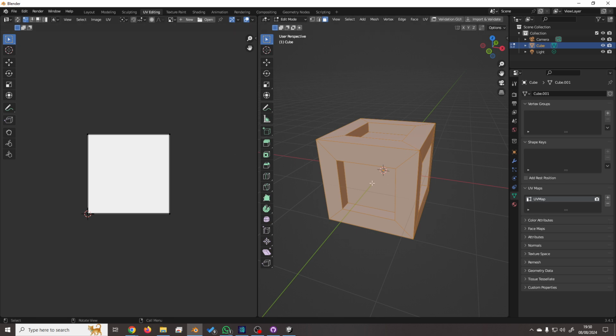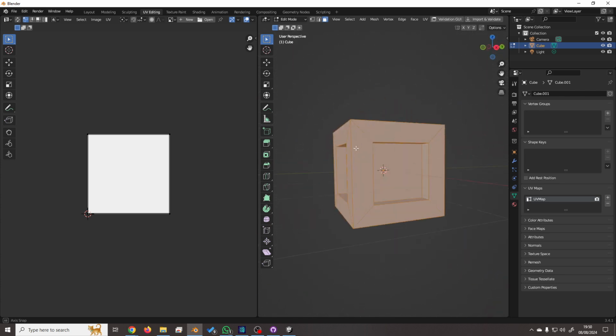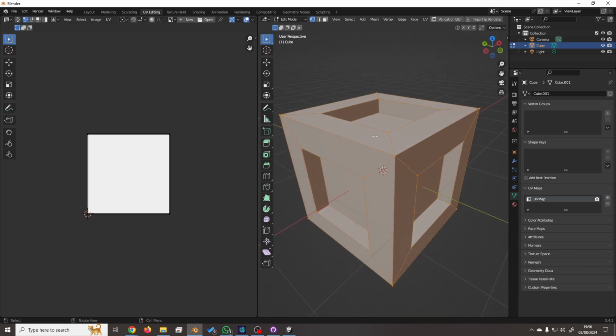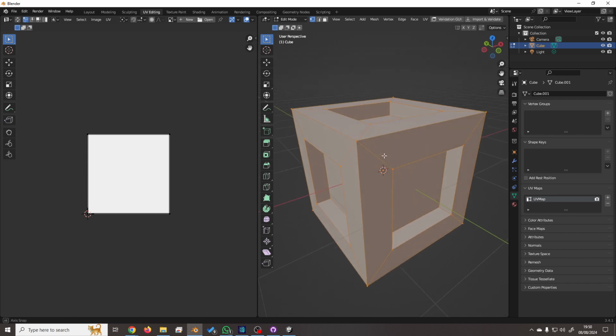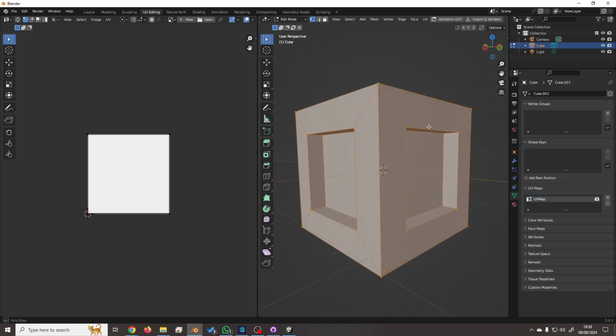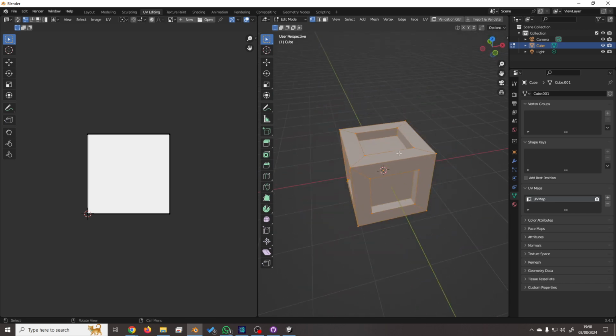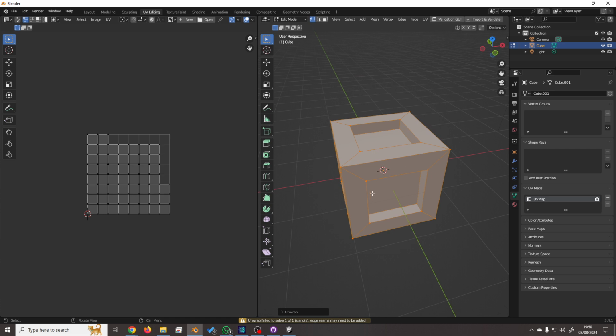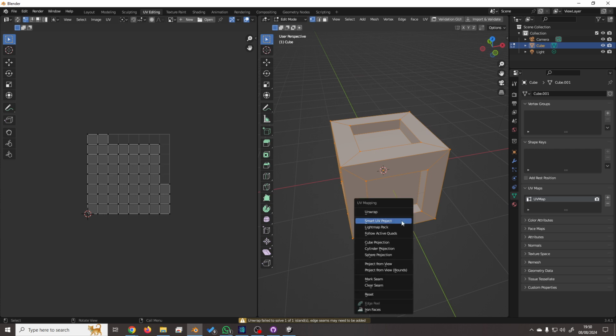So it'll store this, which is your actual geometry. Every single one of these points has information, which is basically where it is in the world, every single point and what it's connected to. But then when you create a UV map,